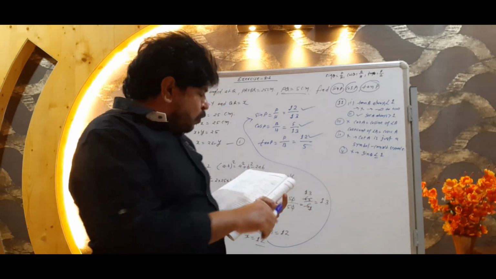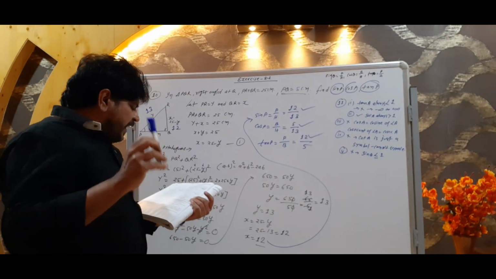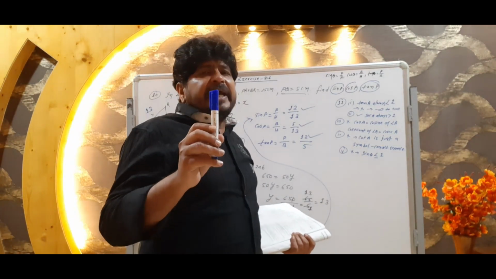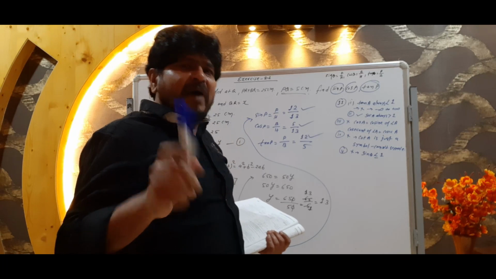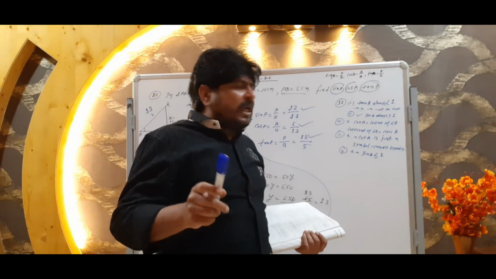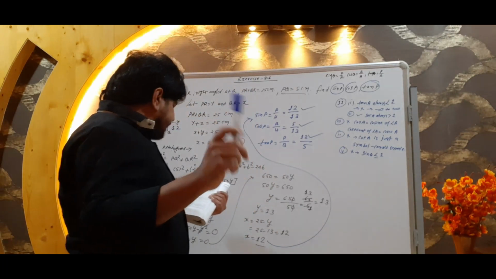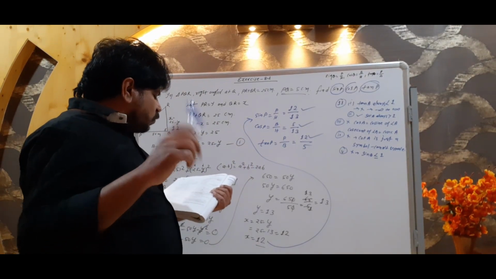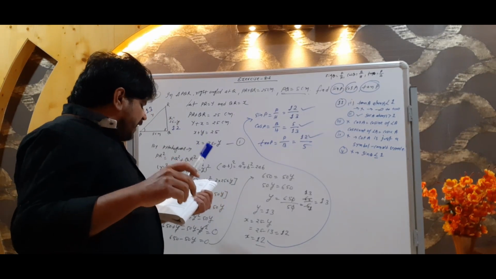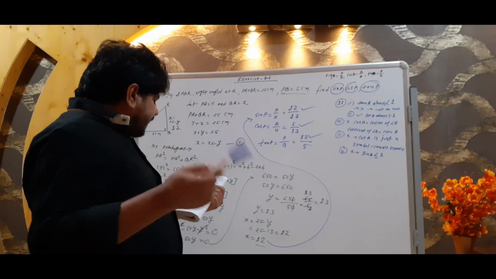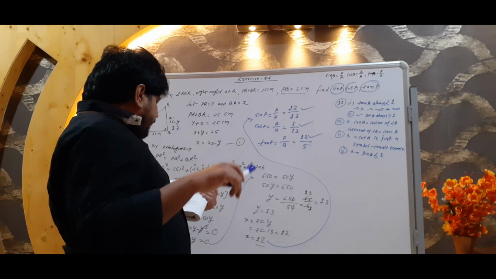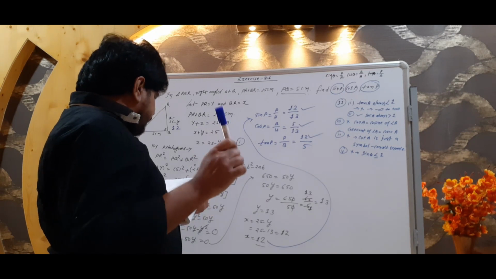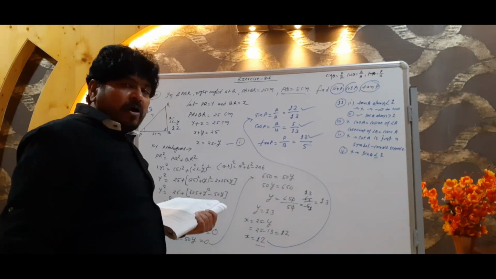It is true or false? The value of tan A is always less than 1. It is false. Understand? I will prove it just now. Second statement I am going to read. Sec A is equal to 12 upon 5 for some value of angle A. This is true or false. Third one is cos A is the abbreviation used for the cosecant of angle A. Fourth one is cot A is the product of cot and A. And fifth one is sin theta is equal to 4 upon 3 for some angle theta.